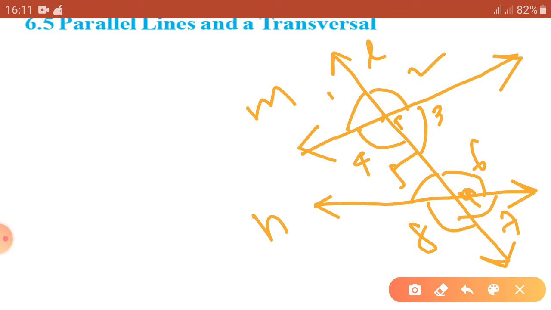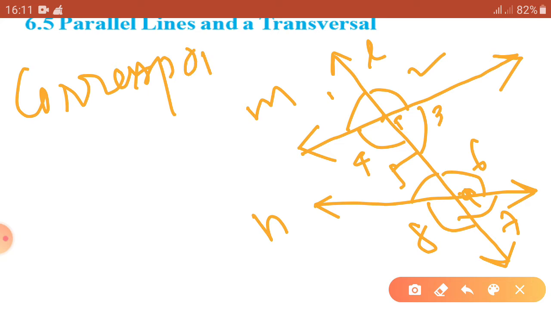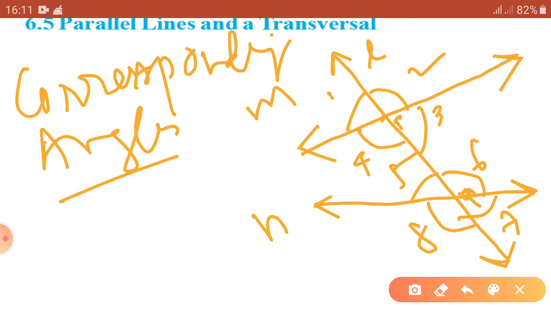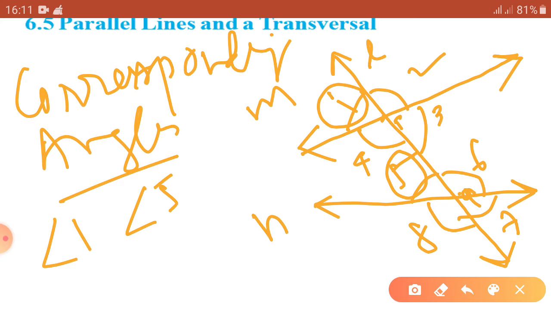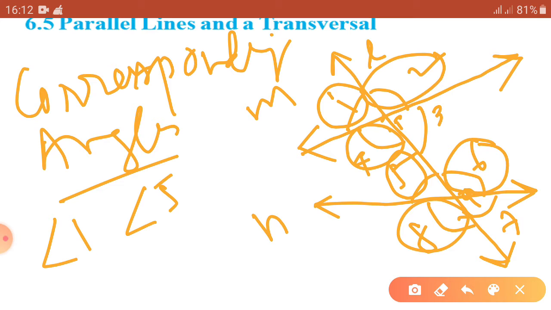Okay, so now if I recall the corresponding angles, so here angle 1 and angle 5, that means this angle 5 and angle 1 are known as the corresponding angles, and also angle 2 and angle 6 are corresponding angles, angle 4 and 8 are corresponding angles, and also angle 3 and angle 7 are corresponding angles. Okay, got it? So now